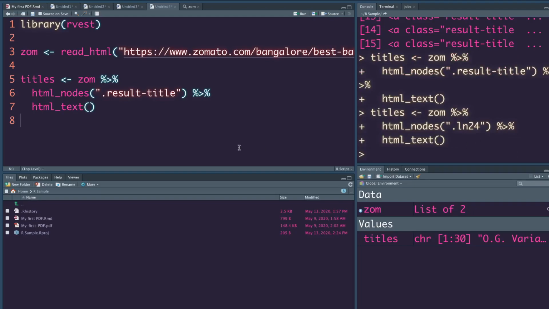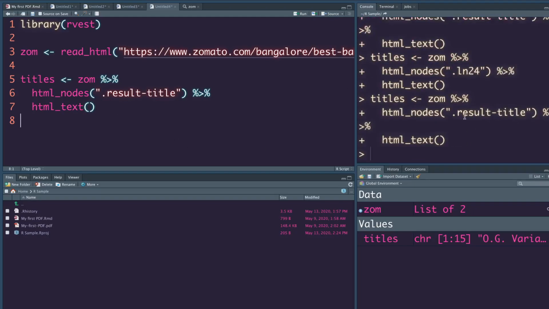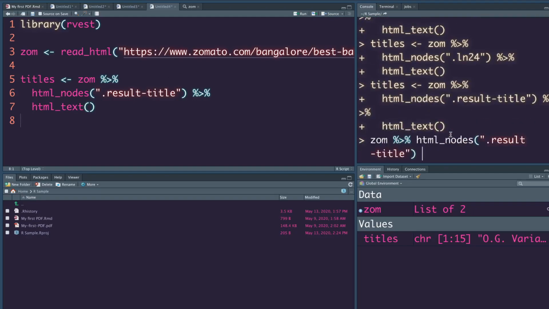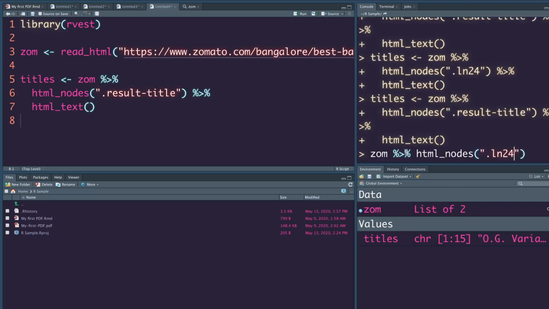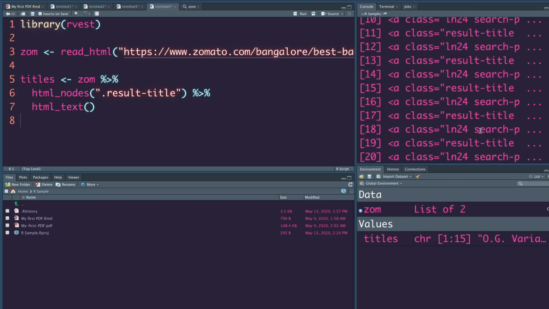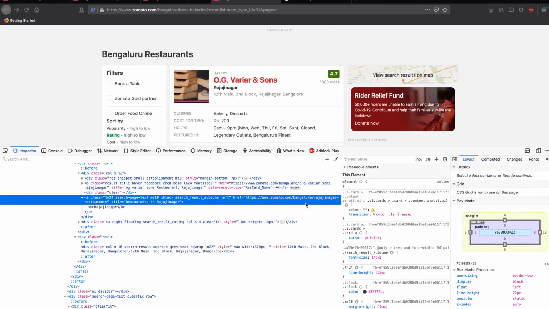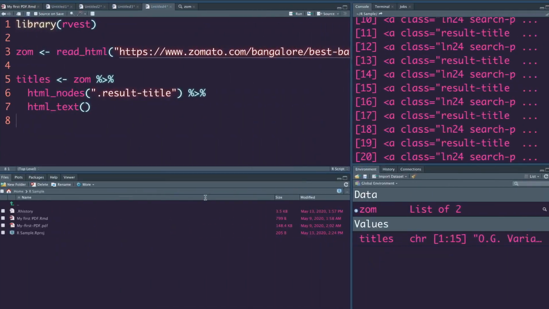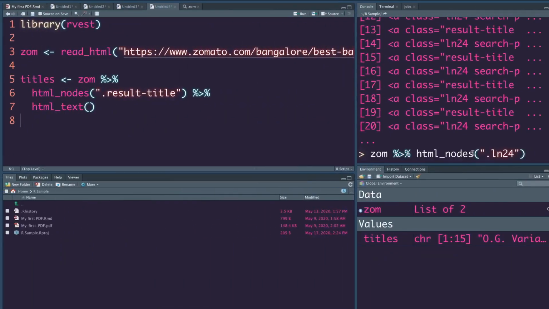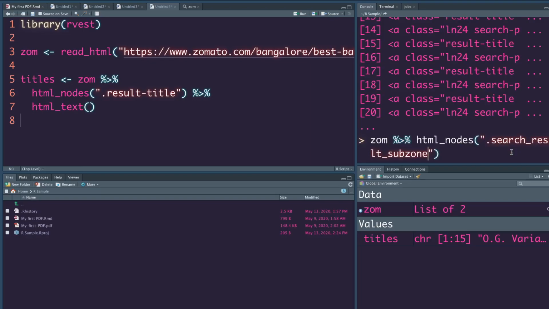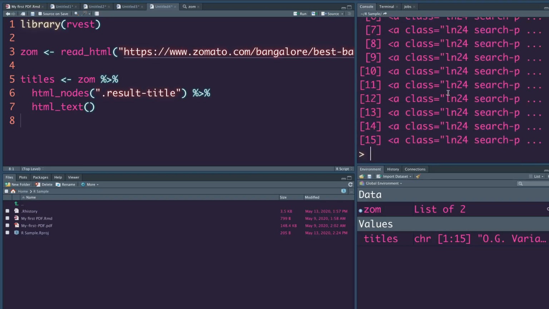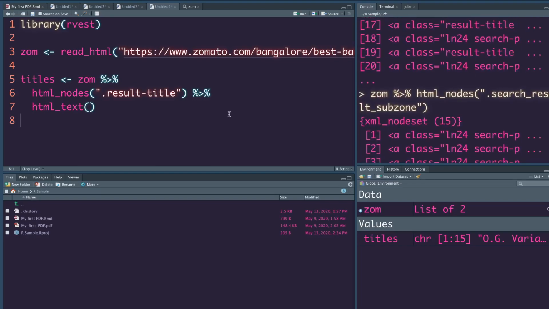Okay, it's giving us something, but that is not very accurate, so we have to say search. So you can see that now we have got 15, which is the search result subzone.